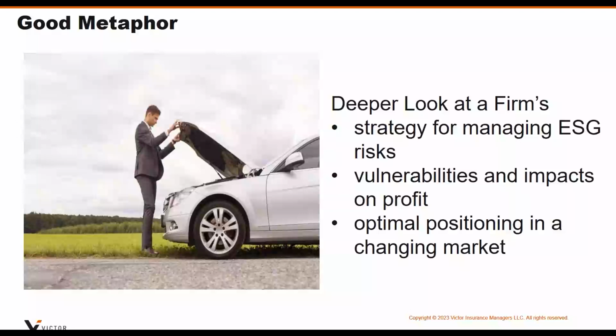It's going to tell financial institutions whether a company is compromising its long-term financial outlook, or, on the other hand, a much more positive way of looking at this, it could reveal that a company is more competitive in the market and is uniquely positioned in a changing world. So in other words,